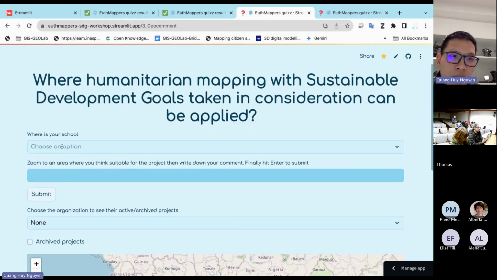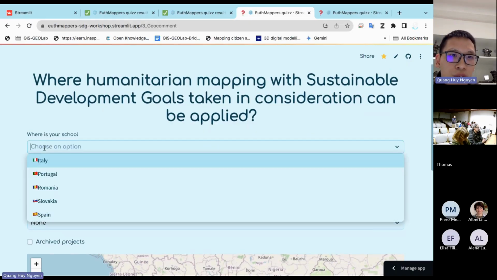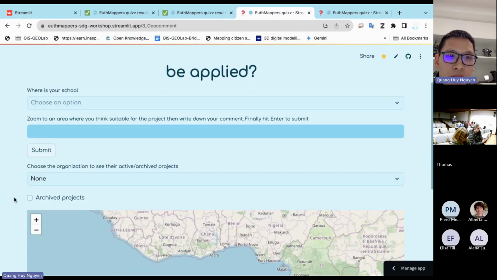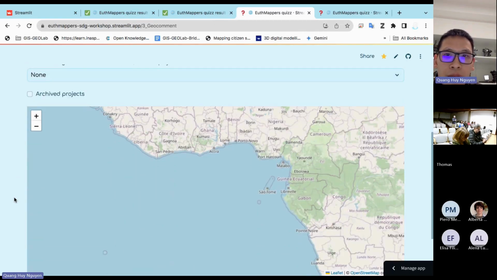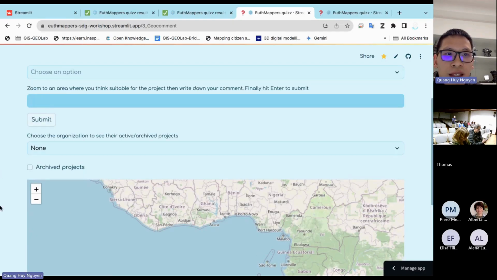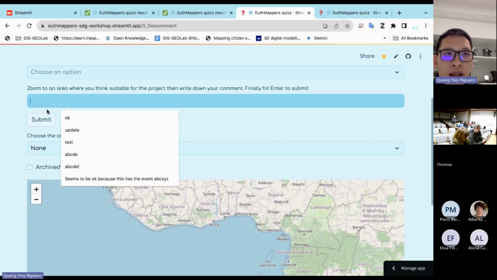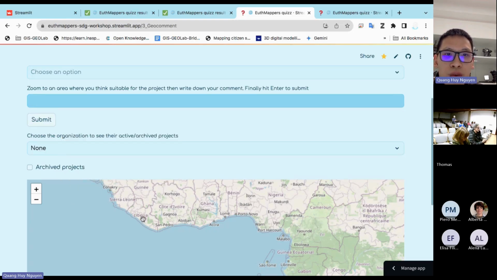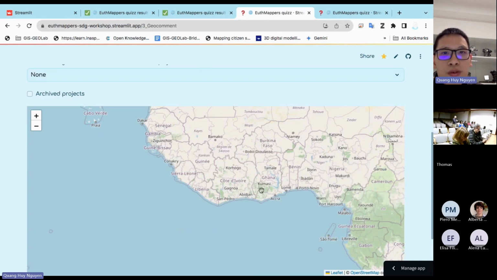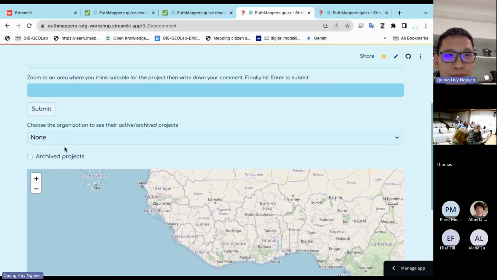As usual, you first have to choose which school you come from, and then you will see a little map below. Your main goal is to write a comment in the dark blue text area here, and also to zoom in to the area where you think it is possible to do a humanitarian mapping project.